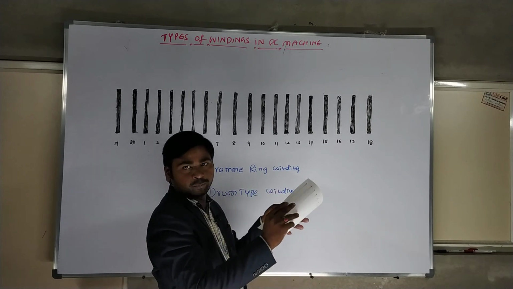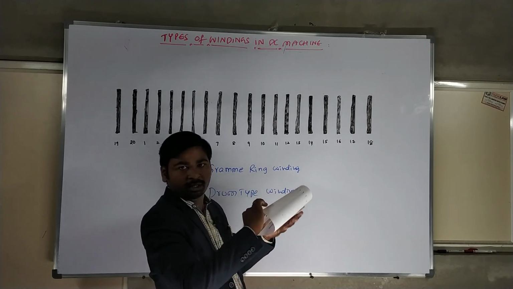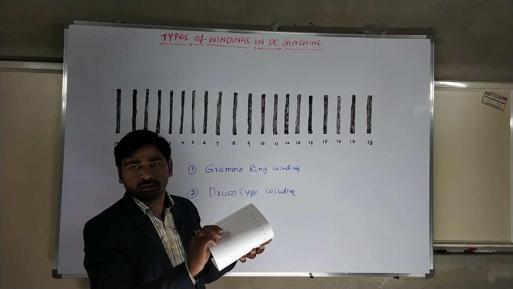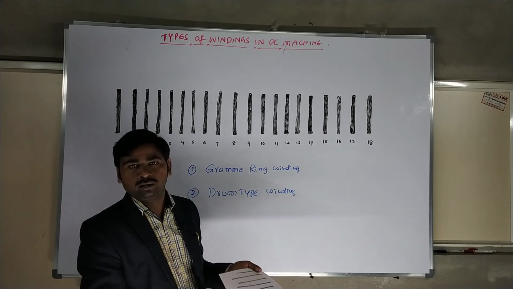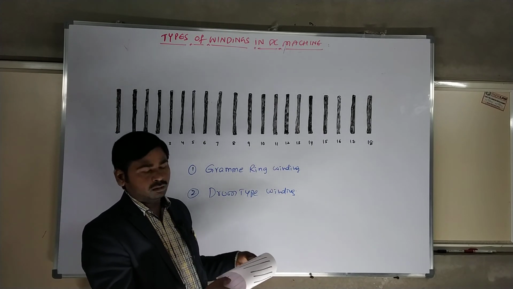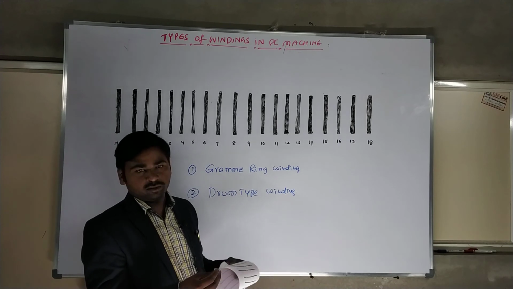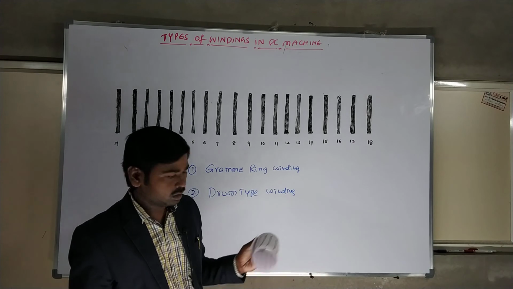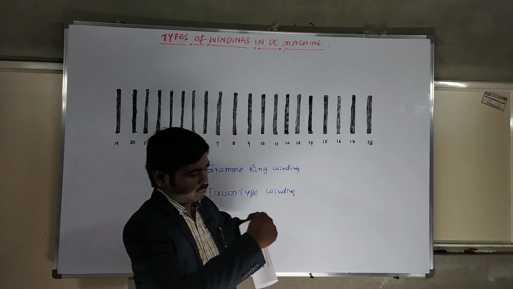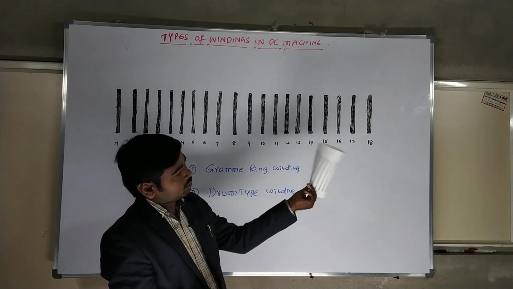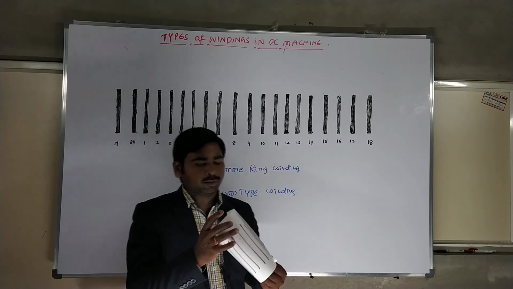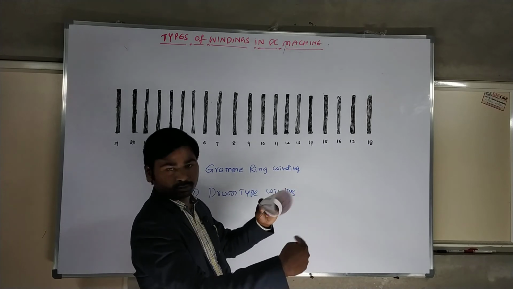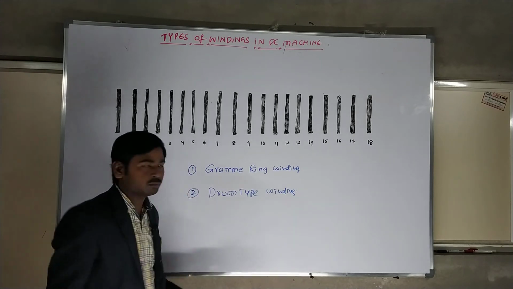The slots should be there. Am I clear? It is only inside, only one way. So this type of winding is called drum type winding. It is only one side that you can say the winding. In your regularly rotating rotors, the body should be like this only. The conductor should come like this, like this, like this. These are all slots. I am taking a pictorial way. I drew it on paper. The slots should be accommodated like this. These types of winding are drum type winding.